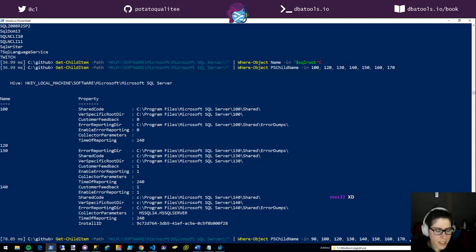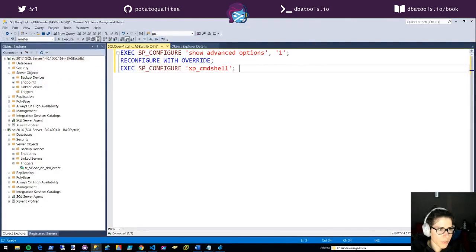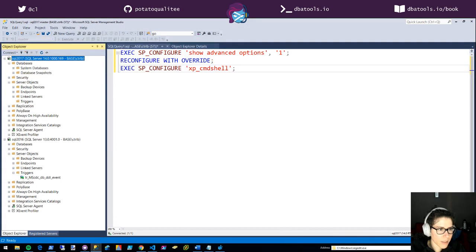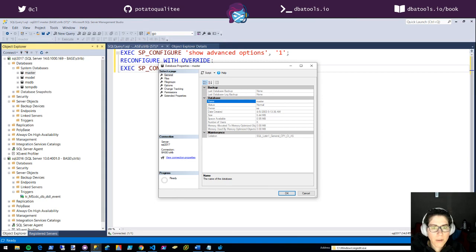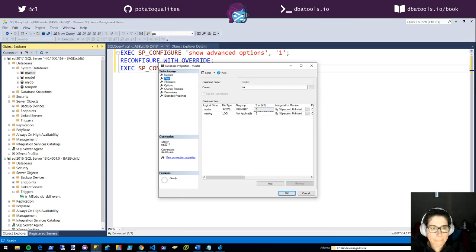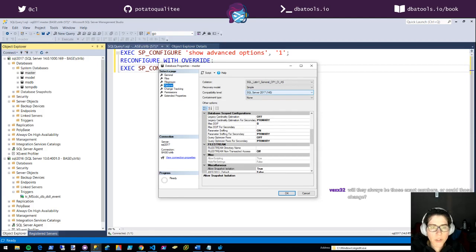I think we can see an equivalent of that when we look at this option. We do options right here, right? So that 100, 110, 120, 130, that's a compatibility level. So we humans say SQL Server 2017, but the engine actually sees 140.